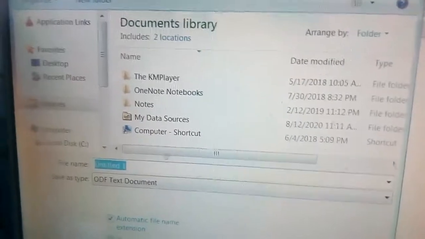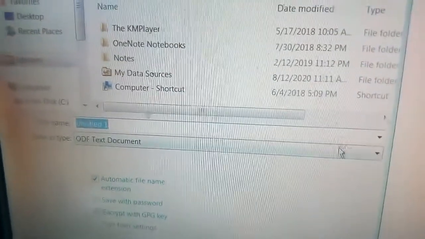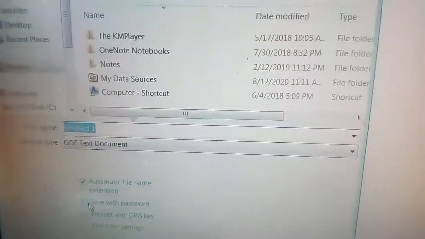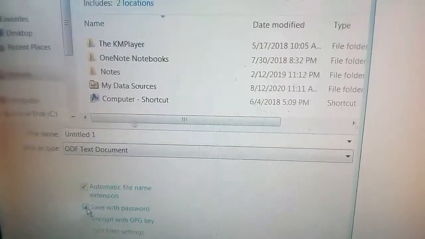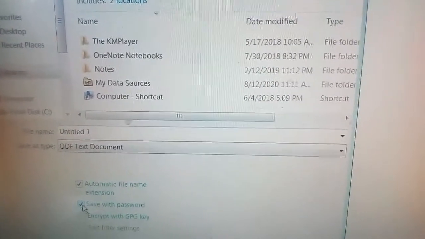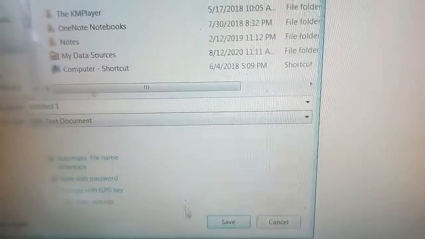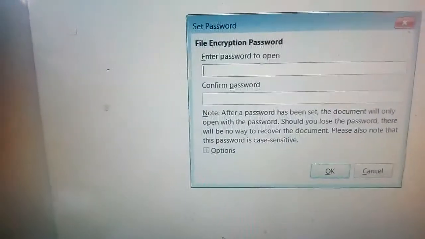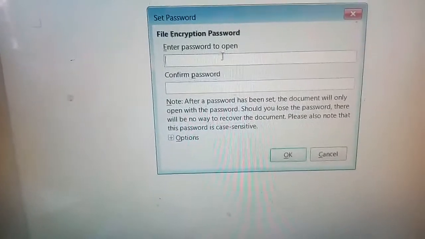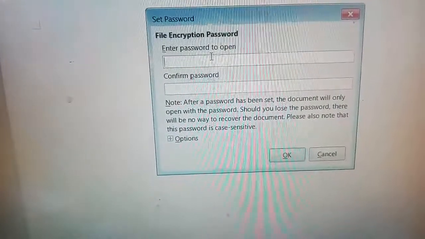If you want to save the file with a password, then you have to select this option, Save with password. Click on that, then click on the Save option, and this dialog will come. You have to enter the password.